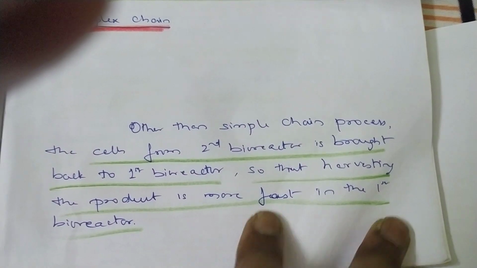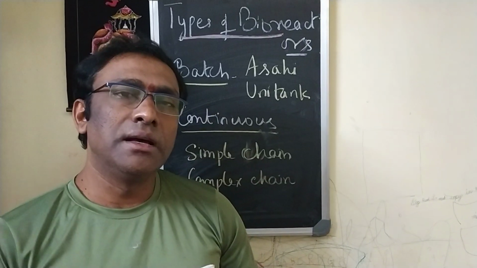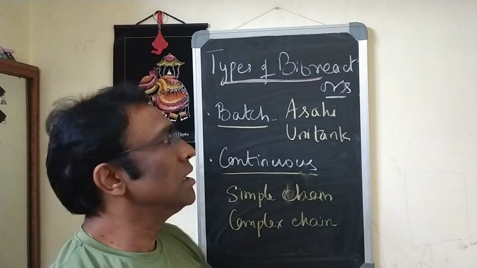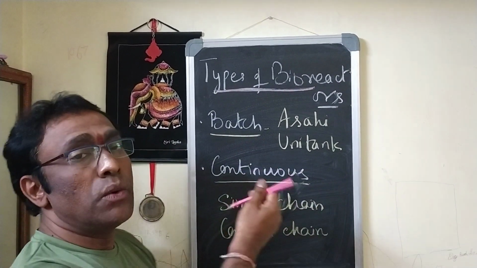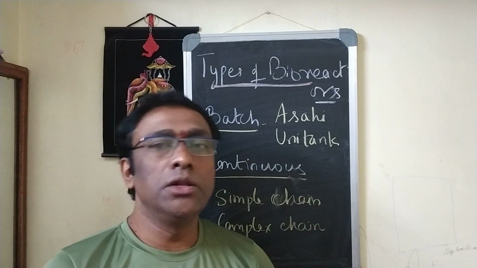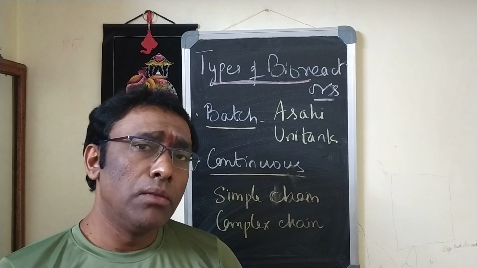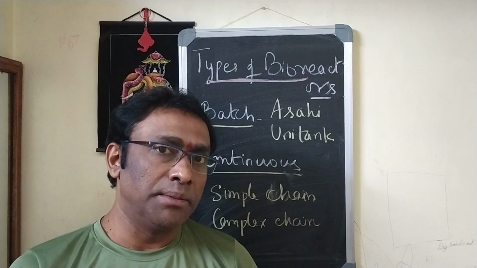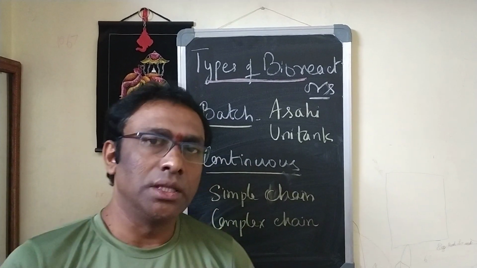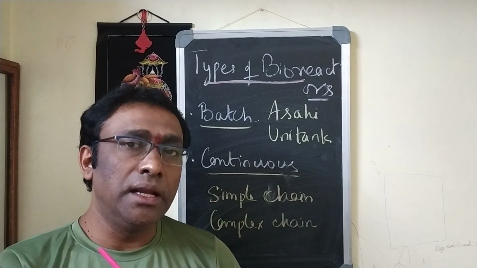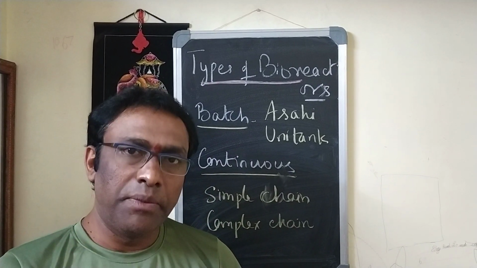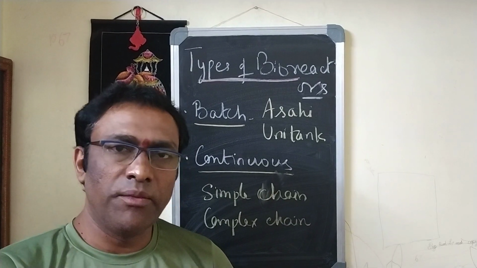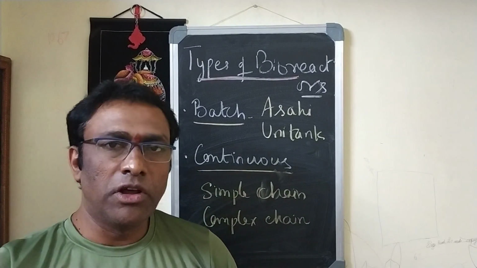So students, with this idea, maybe you would have understood the difference between a batch and a continuous process. What's the advantage of a continuous? In a continuous process, though we have monitoring to be done for a cascade of bioreactors, 8 to 10 bioreactors sometimes, it's a very huge operation where every bioreactor has to be maintained. Equally, manpower is required and automatic systems are required. Whatever energy you put for a single bioreactor, we may have to put for all. But remember,